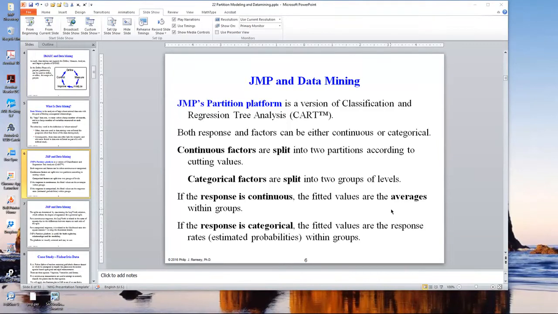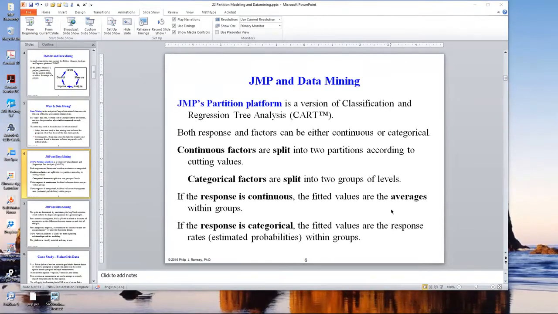Because we're doing this on a computer like JMP, it'll look through all the continuous variables and all the potential cut points, and then it will pick the variable and the cut point that explains the most variation in the response. It does this by the biggest average difference. For categorical predictors, it simply looks at all possible combinations of them. In other words, it looks at all possible splittings and then finds the split that again shows the biggest difference